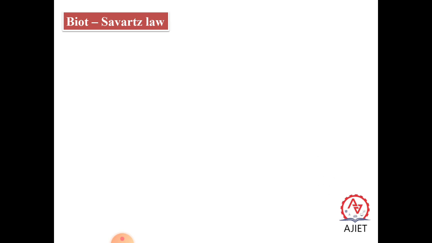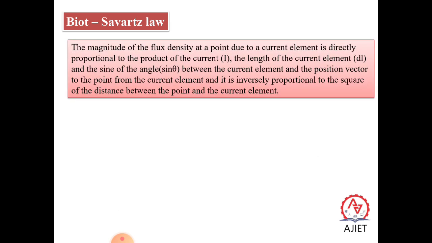Okay, so in today's class let us concentrate on some of the laws. The first one we have to see is Biot-Savart's law. So what is this Biot-Savart's law? In physics, especially electromagnetism, the Biot-Savart law is an equation describing the magnetic field generated by a constant electric current. It relates the magnetic field to the magnitude, direction, length and proximity of the electric current. The Biot-Savart law is fundamental to magnetostatics, playing a similar role to that of Coulomb's law in electrostatics.